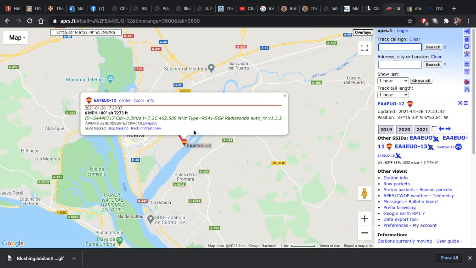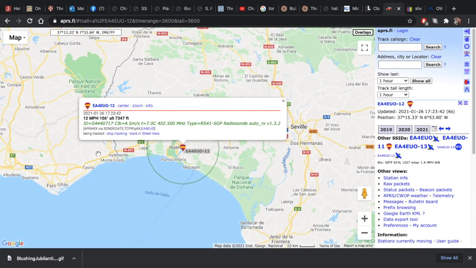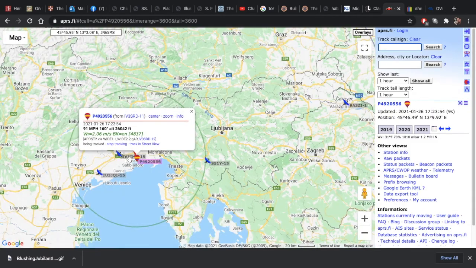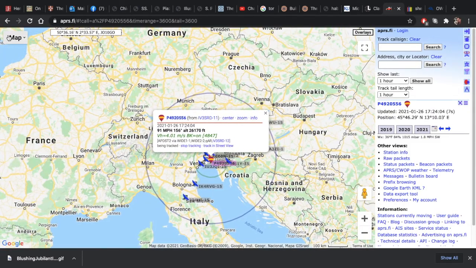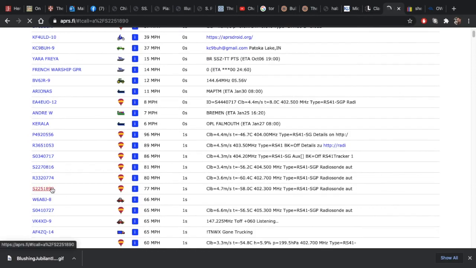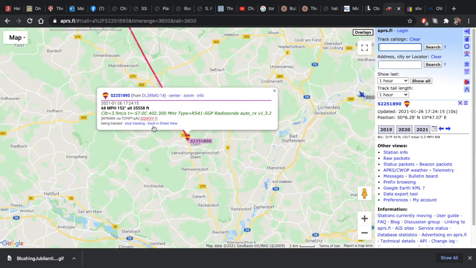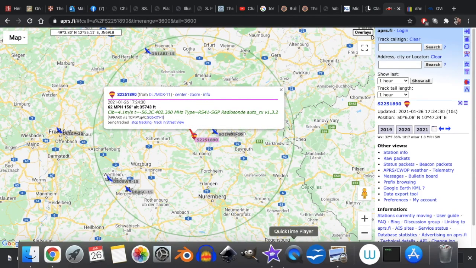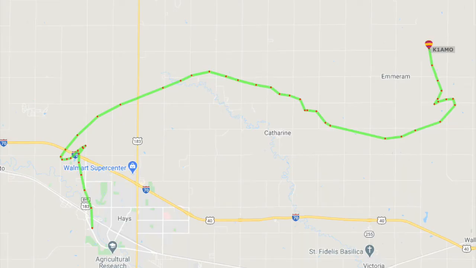Using the search function, you can look at different parts of the world, different types of signals, signals that are stationary, signals that are moving, or you can type in the call sign of a signal and look for that transmitter particularly. The call signs of the two Fort Hays State HAB radios are